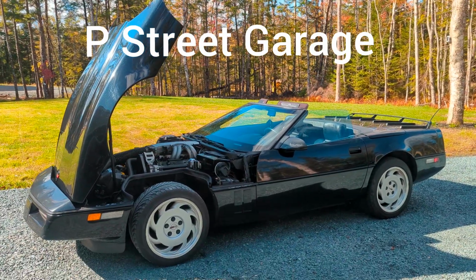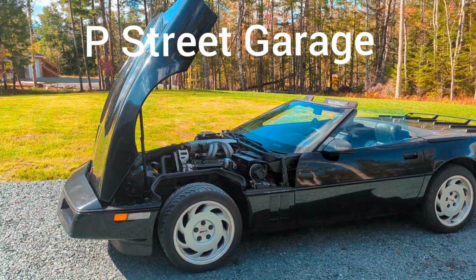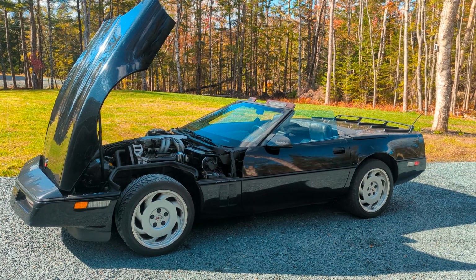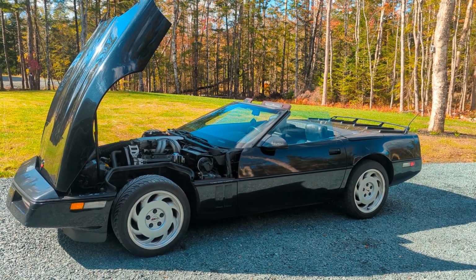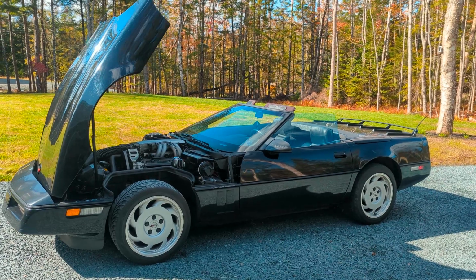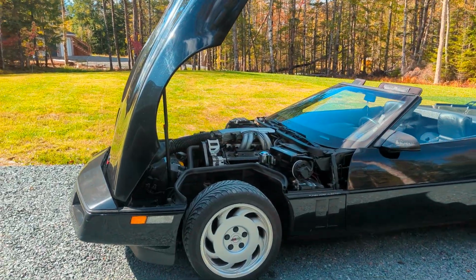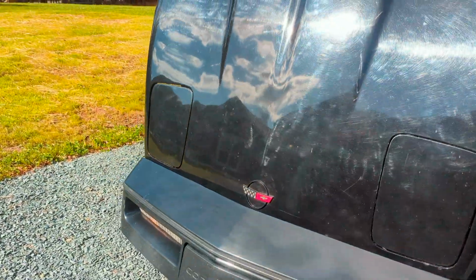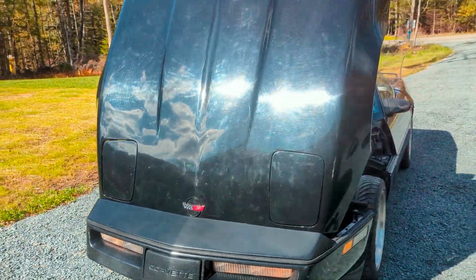I got the old C4 pulled out today. It's a beautiful day. It's October, getting towards the end of the season, but I think today I'm going to take this car for a spin. Before I do that though, just recently I washed this car, but you know, this is a 33-year-old car, so